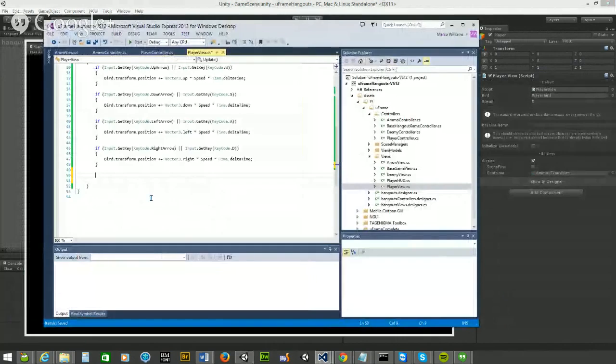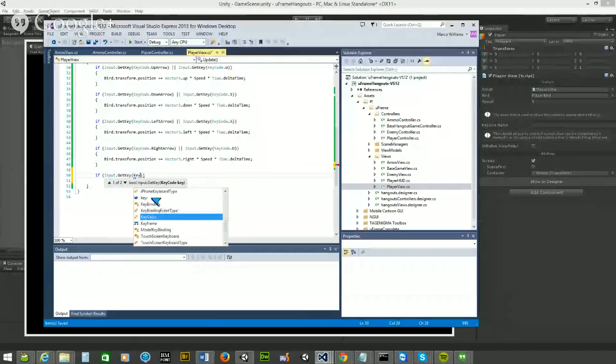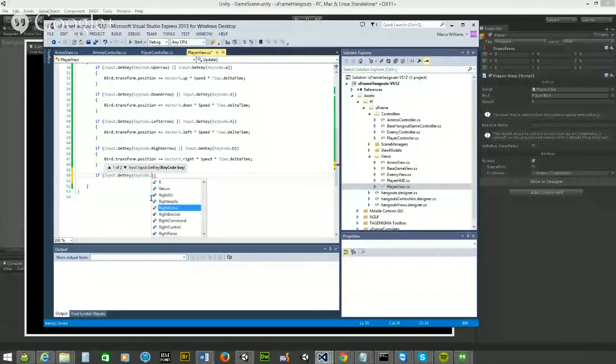So Marco, how's it coming over there? It's coming along good. So right now I'm writing some code to handle moving my awesome little bird around. That's not how you write code. But,